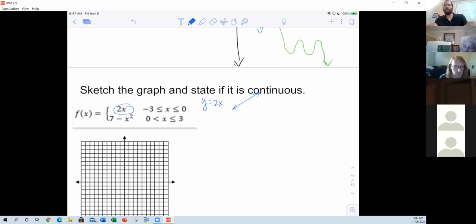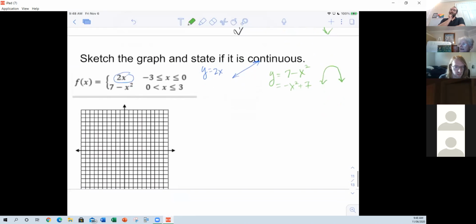And then if we had y equals 7 minus x squared, that's the same thing as negative x squared plus 7. What kind of shape is that? Upside down parabola, right? So we know basically that these are the shapes we're trying to get. So for the 2x,